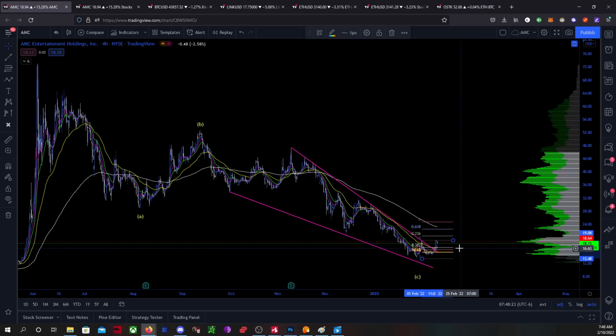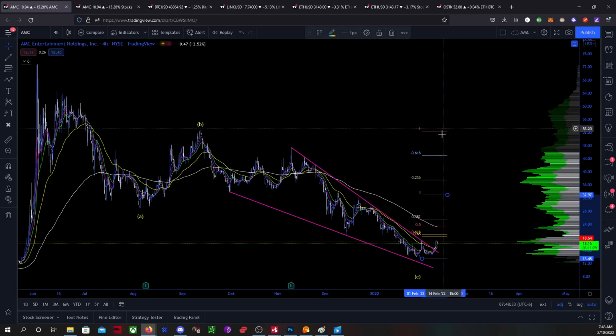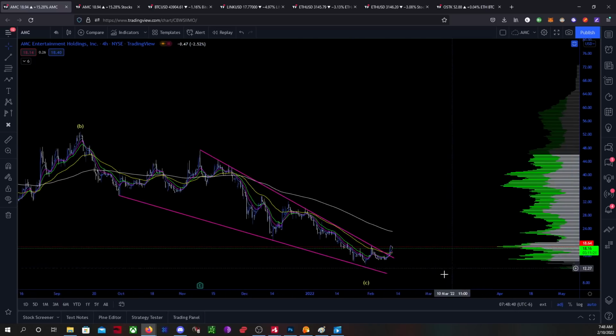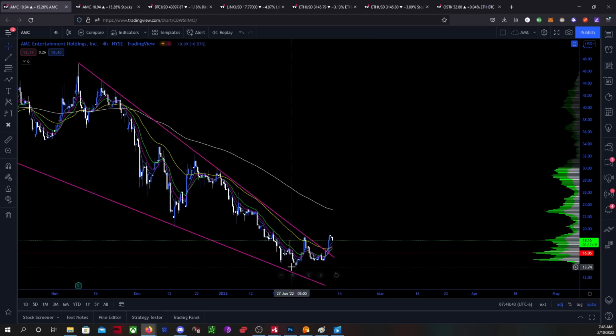So the 50% retracement is actually below the low volume node. So we might not even get back to the 50% retracement yet, which would be around 1650. What is really important here, in my eyes, is that we've broken out of the falling wedge to the upside. We're climbing higher. We have put in a higher low, and now we put in a higher high. Now, you barely put in a higher high. Technically, it does count. But this is the start of a trend change.